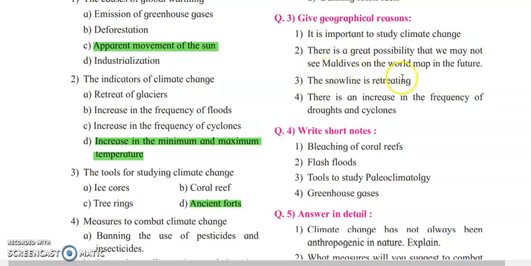Next, the snow line is receding. Now, what is a snow line first of all? Snow line is nothing but a boundary between the snow covered and the free surface. Free land surface और snow covered के बीच में जो boundary होती है उसे हम snow line बुलाते हैं. Above the snow line, the whole area is permanently covered by snow. When the glaciers and icebergs melt at an alarming rate, it is called a receding situation. If they are going on melting every year, there is a winter climate and summer climate.